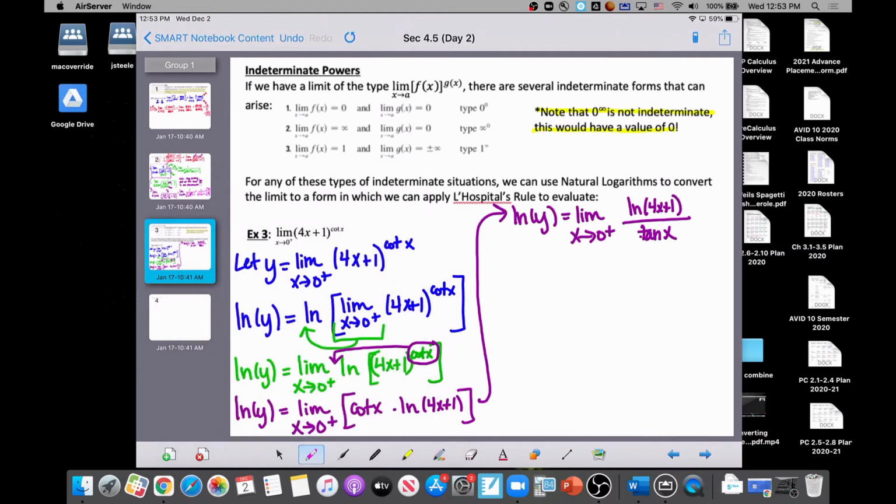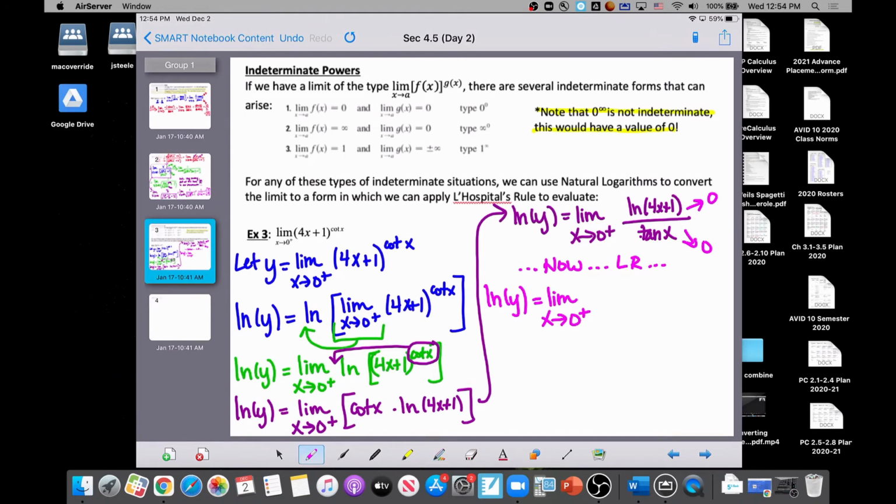So when I plug 0 in, 4 times 0 is 0, and 0 plus 1 is 1, and the natural log of 1 is 0. And tangent 0 is sine of 0 over cosine of 0, which is 0. So I do have my indeterminate form of 0 over 0. So now, L'Hopital's rule, okay? So when I do L'Hopital's rule, then I'm going to have natural log of y is equal to the limit as x approaches 0 from the right of,